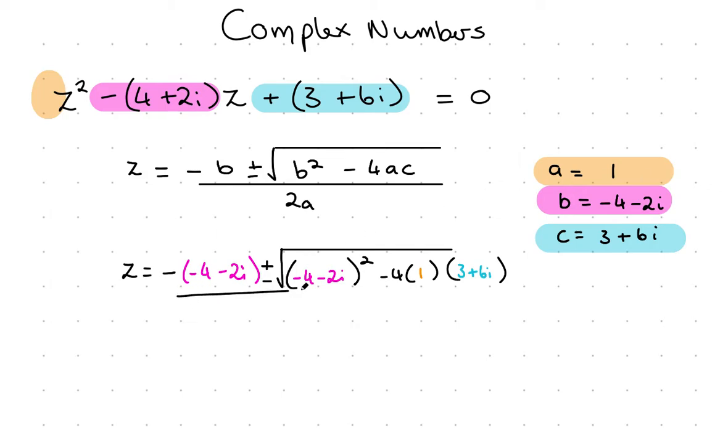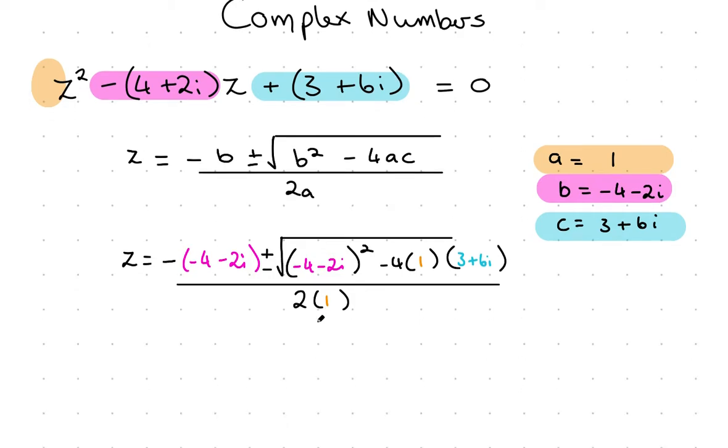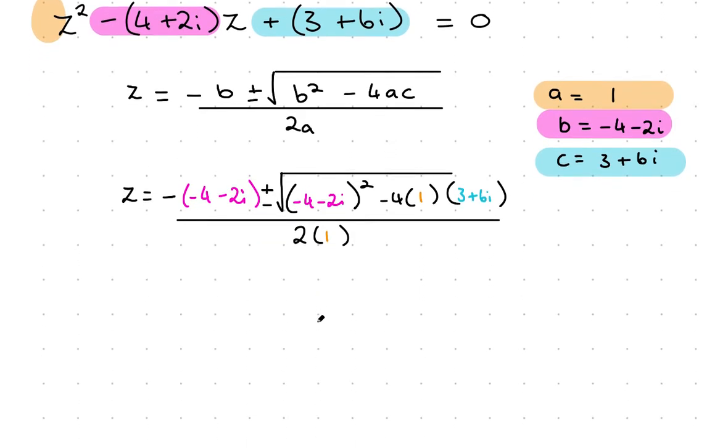And then what we're going to do is divide that all then by 2 by a, which we now know 2a is 2 by 1. So that's what we get when we substitute into the formula. I haven't changed anything. All I've done is identify a, b, c and fill it into my formula. And what we do now then is we start to tidy it out as much as we can. So I'm going to say z is equal to minus by a minus actually gives us a plus. So that becomes plus 4 plus 2i plus or minus